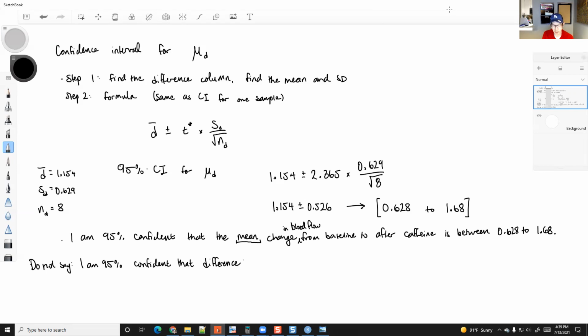If we would say that the difference between mean baseline and mean after caffeine is between 0.628 and 1.68, these look the same, but